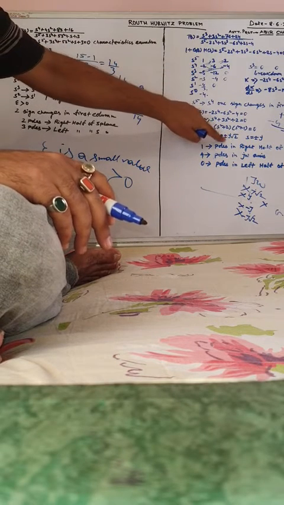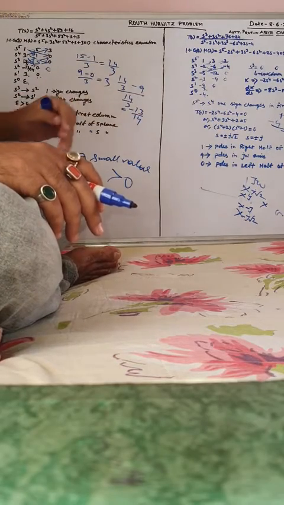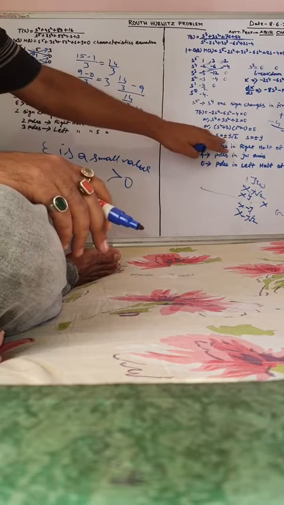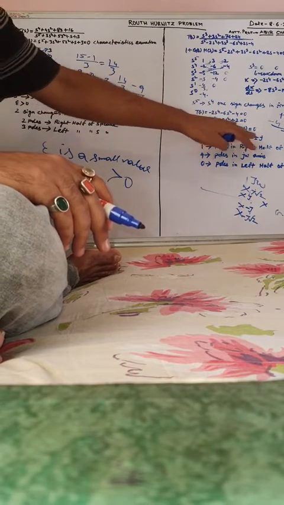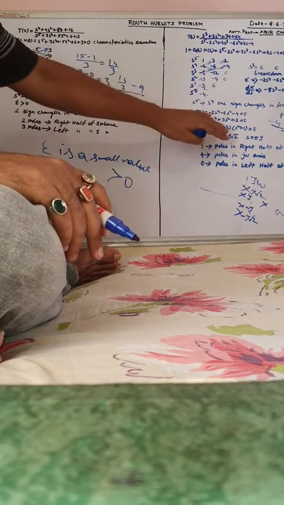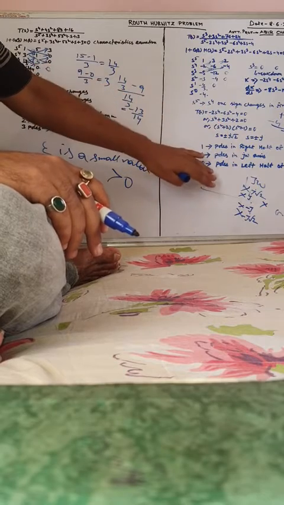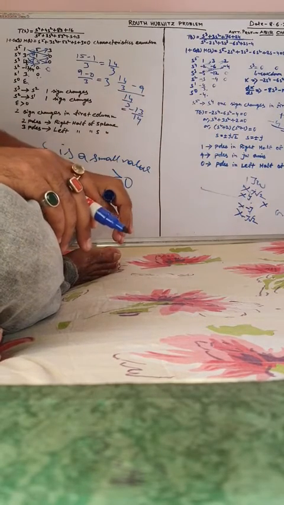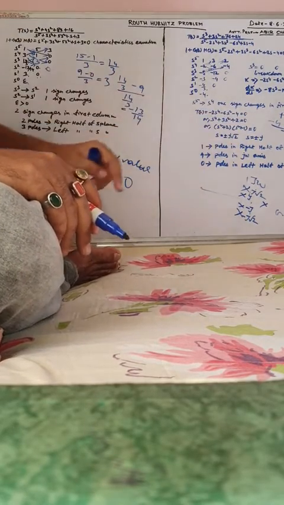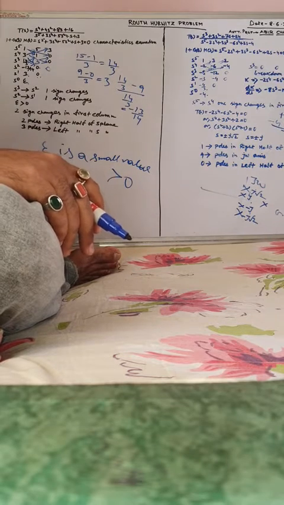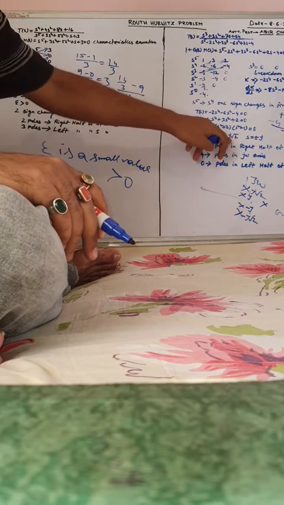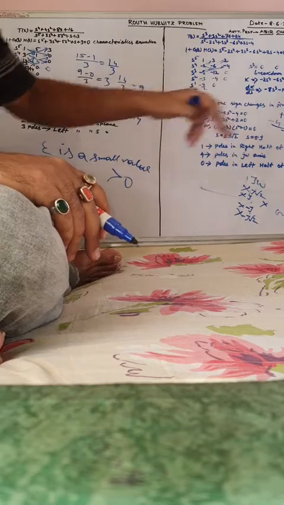If these poles are real, then you have to decide on which side. Suppose after solving this equation you have got 4 real values. Then you have to decide: plus minus means 1 pole will lie at the left half of the S plane, 1 pole will lie at the right half of the S plane. Here it is the same, but here all 4 poles have a j term, so they are not real, they are imaginary poles. These two are imaginary. These pole pairs are also imaginary.